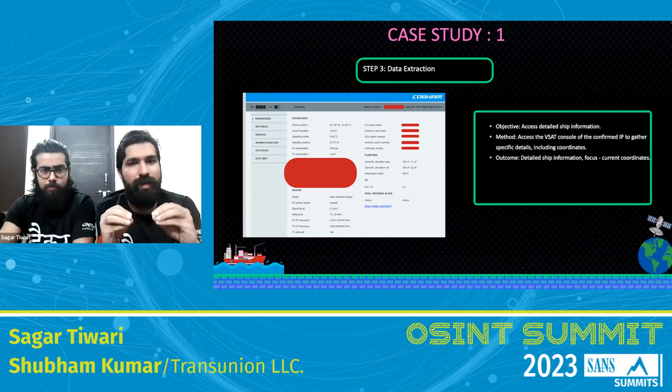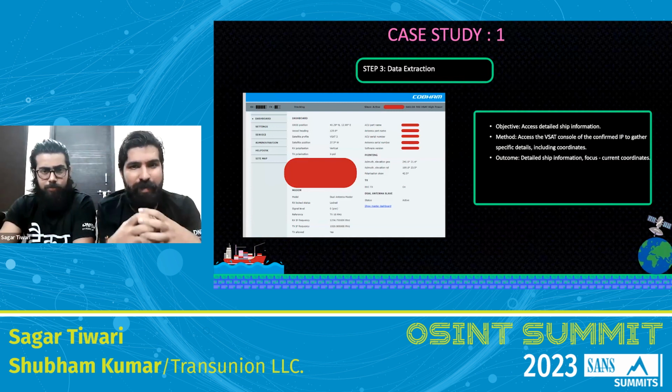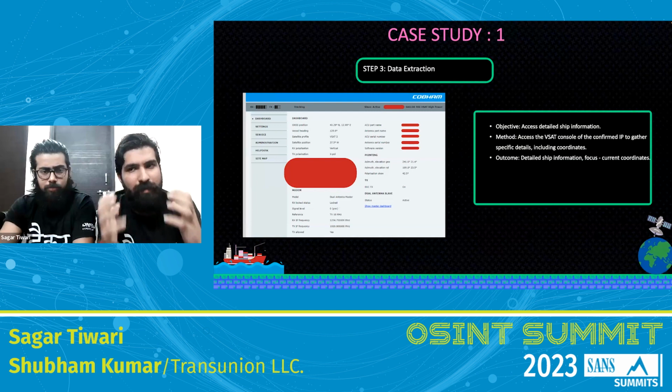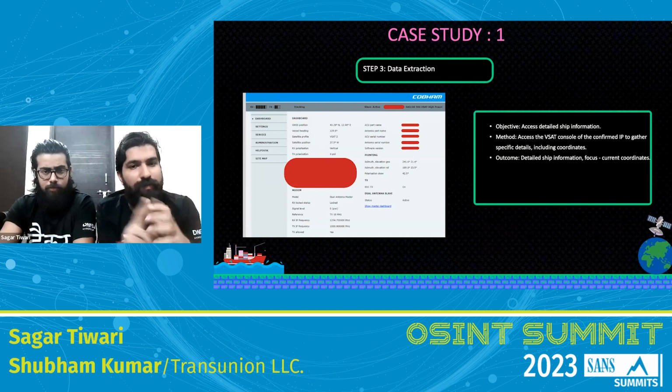Now, the VSAT console is like the ship's digital dashboard, where you are going to get a plethora of information. Because a ship in itself is a floating ICS, a large, big ICS in terms. So it will have a lot of information. Some of this information can be very crucial and very critical if it came into the hands of an adversary. For our own talk purpose, we are going to concentrate on 2 of its aspects, and that is the status of it and the location of it, which you can see as the GNSS position.